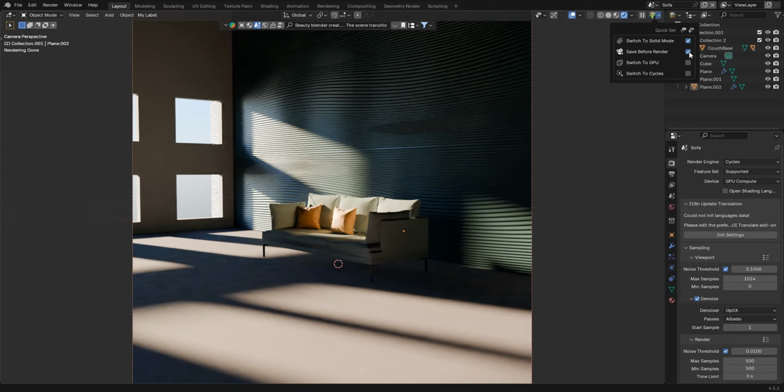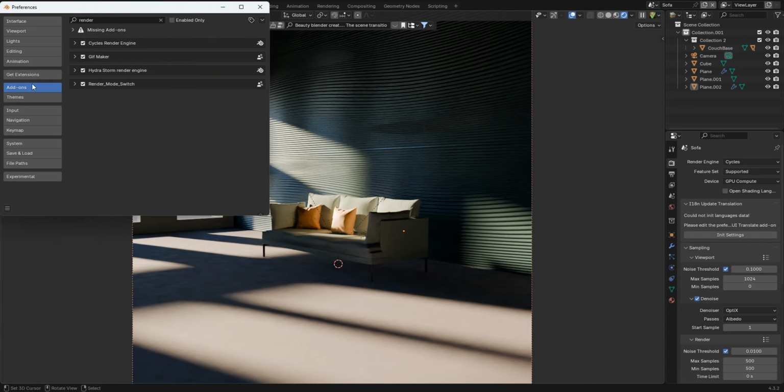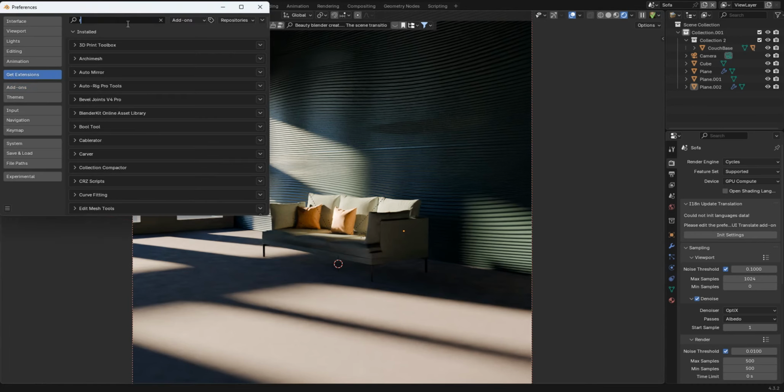Now you can save before render. You can switch to GPUs, switch to Cycles, all kind of stuff. I recommend you do these at least. I don't know if you're going to want to switch to GPU or not. I'll leave mine on. So if I come back over here to edit preferences, go to extensions, and type in